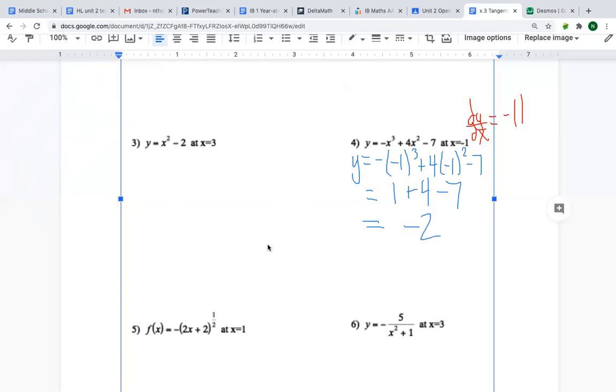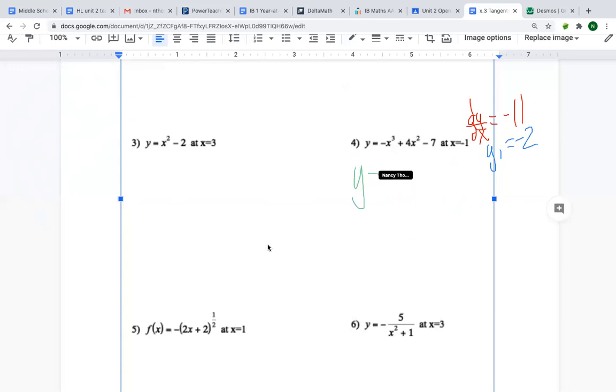Once you have that, now I can plug it into my tangent equation formula. So I have y minus y1, which is negative 2, is equal to our slope times x minus our x1. I'm going to simplify that. That's y plus 2 equals negative 11 times x plus 1. And that's that. Hopefully I didn't make any math errors,